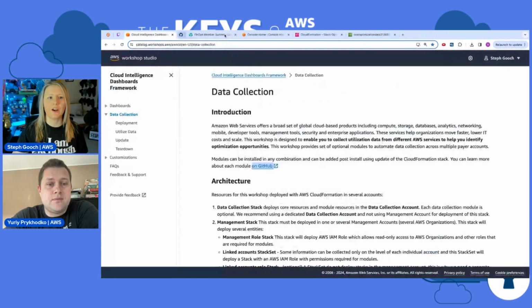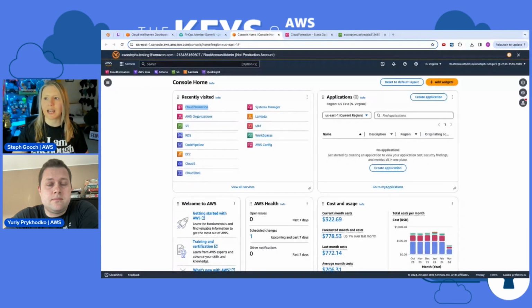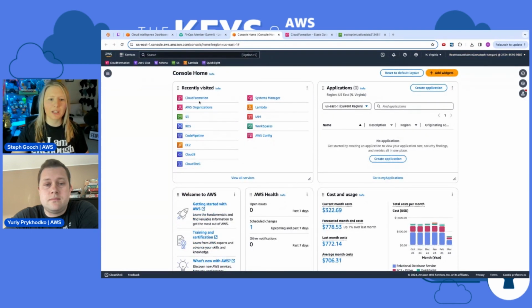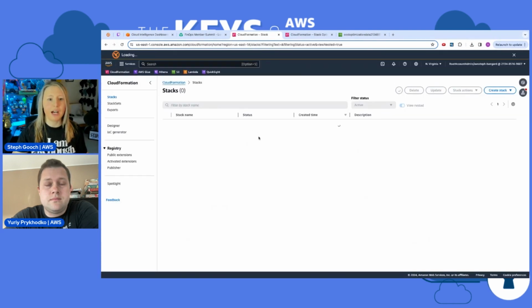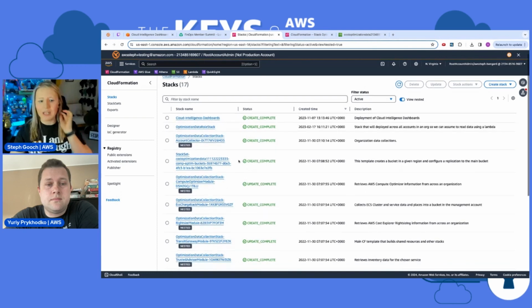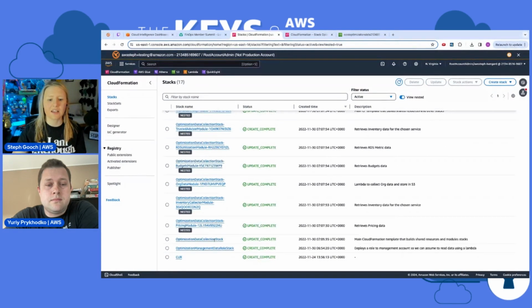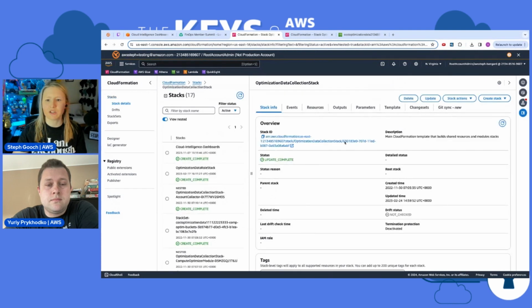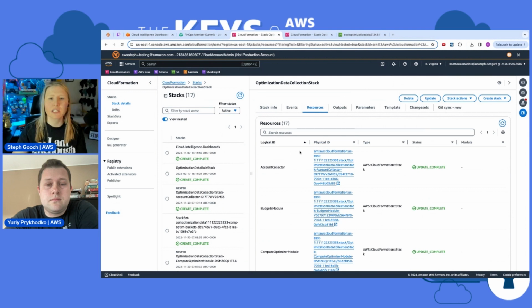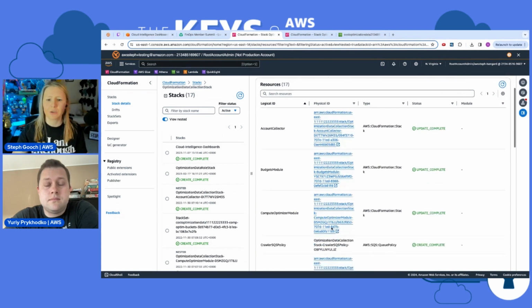Perfect. Okay. All right. Let's get into the update. So let's go over to my AWS account. In here, we're going to go into my CloudFormation and find the old version. So here we can see all of the optimization data collector stacks, all routed from this optimization data collector main stack. And if I go on my resources, I can see this is connected to all of my different modules